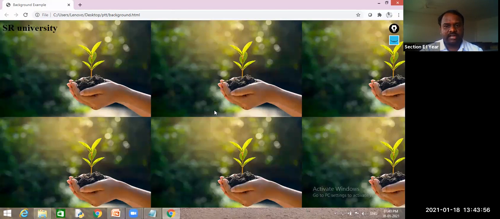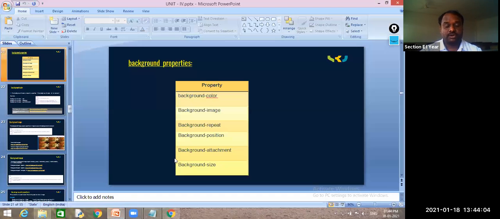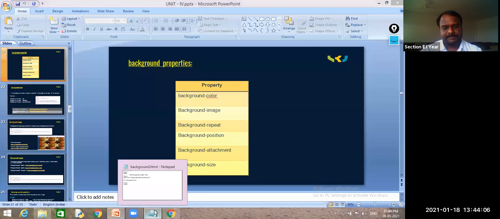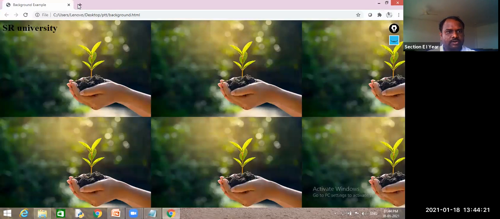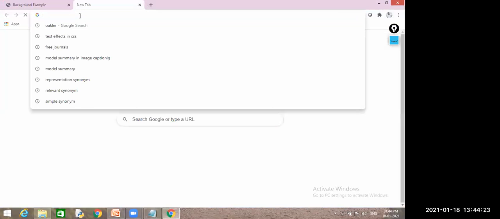And our first requirement, what is our first requirement? I need to stop this repetition. So then we will go for another property, not attribute, property. And one more thing, here you can use an internet resource also. Can I write one image from the internet, or no need? Yes, sir. You're right, sir.